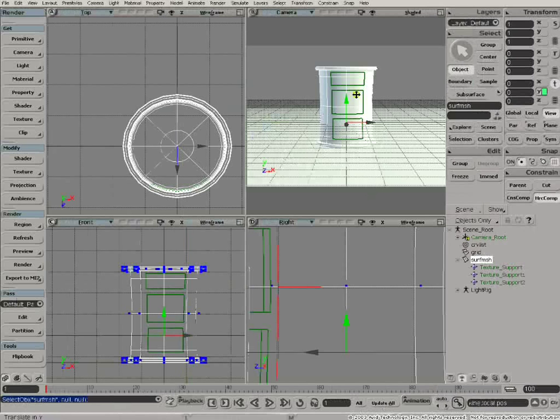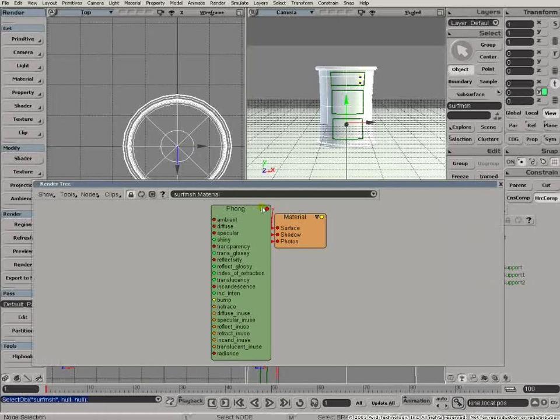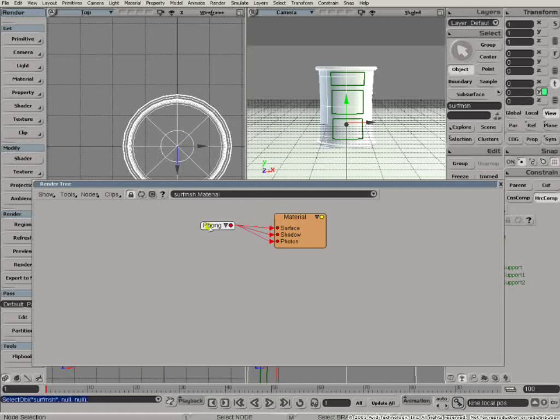And now that we've got one texture onto the surface of an object, it's only going to be a matter of time before we decide we need more than one label on, and that's what we're going to have a look at next. This is the same object as we had before. I've already put a Phong shader onto it, and I've put 3 texture projections that you can see outlined in green on there. Open up the render tree. We're going to take a look at just putting 2 on,